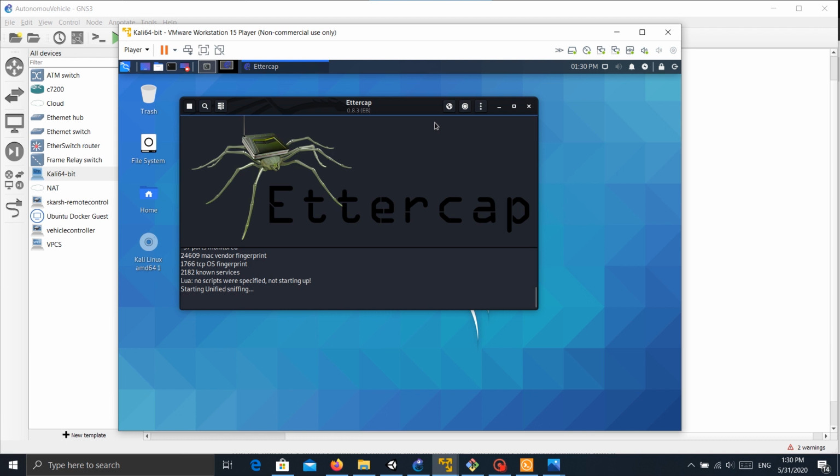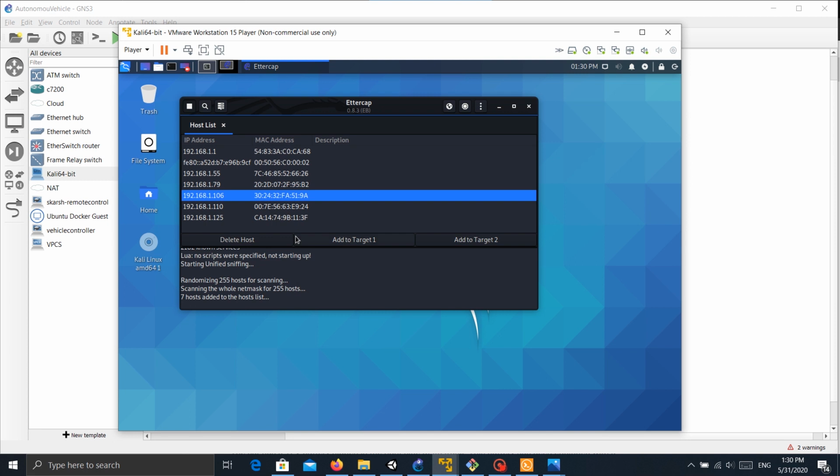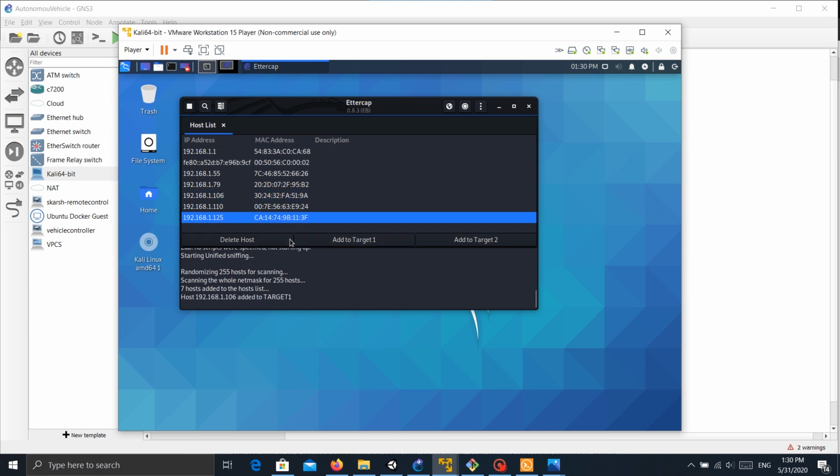Then press OK, and then we need to select the hosts that will be spoofed. We can do this by scanning for hosts. It will do something similar to netdiscover. Here we can see that we have a list of hosts. For our case, we will add the host machine that runs Unity to target 1, and the vehicle controller to target 2. Next step is to add ARP poisoning, so that we poison the caches of